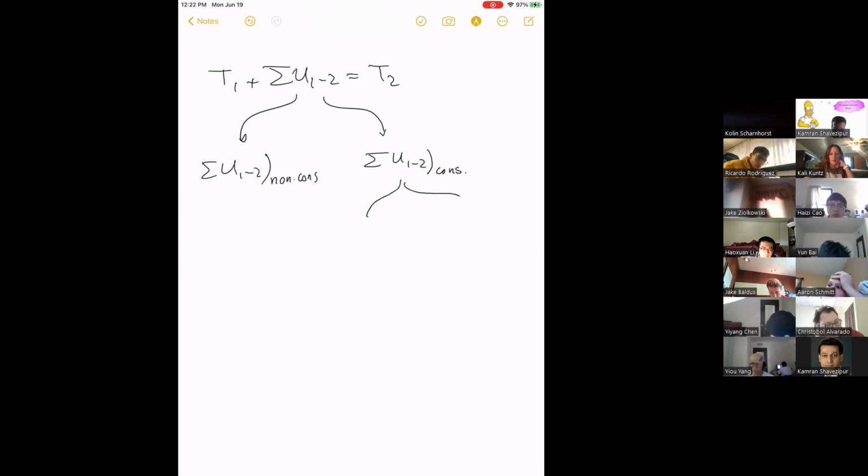U12 conservative is like delta VE and delta VG, or you can simply call it delta V as the change of potential energy. And delta V is going to be V1 minus V2. If I simplify that,